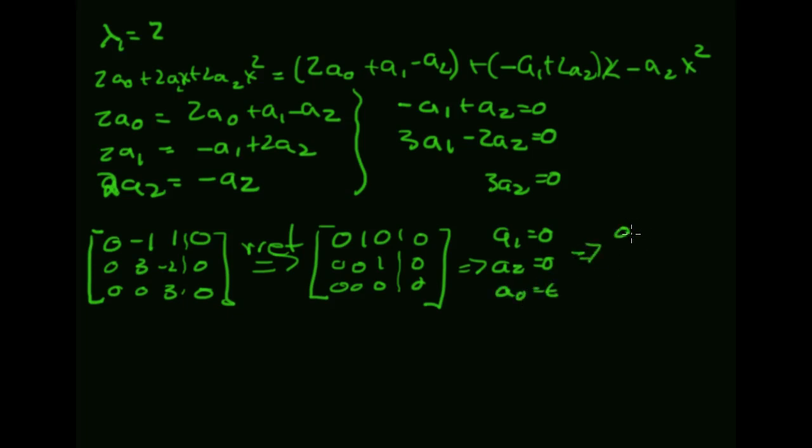We can write those in order. So this means that the eigenvector function is just t for all t